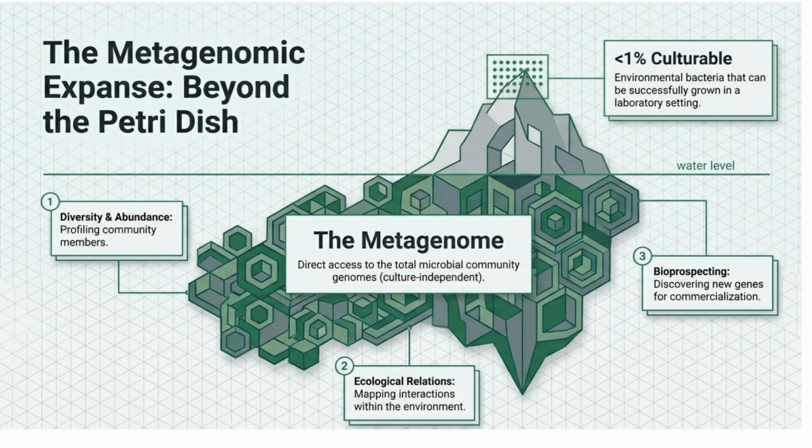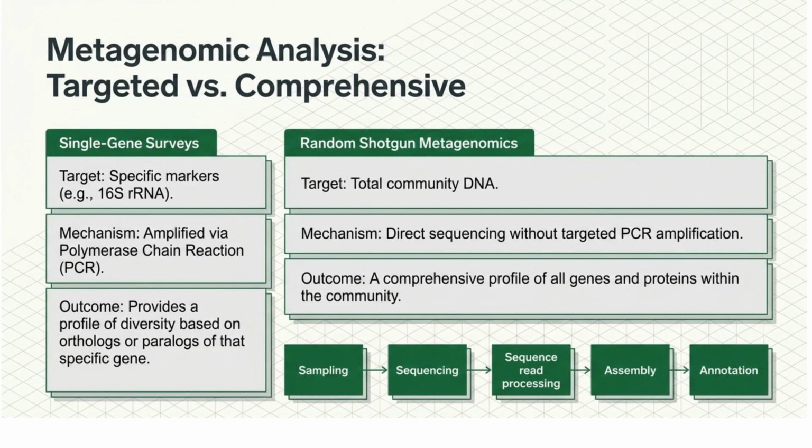Metagenomics allows us to look beyond the petri dish. By studying microbial communities directly, we gain insights into diversity, ecological relations, and bioprospecting opportunities. Metagenomic analysis can be targeted using specific markers like 16S rRNA or comprehensive through random shotgun sequencing of total community